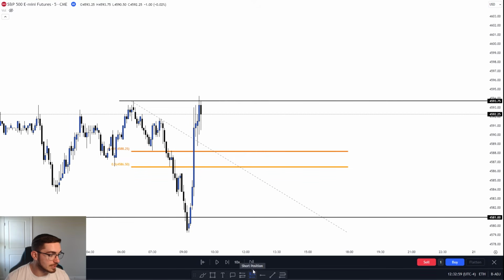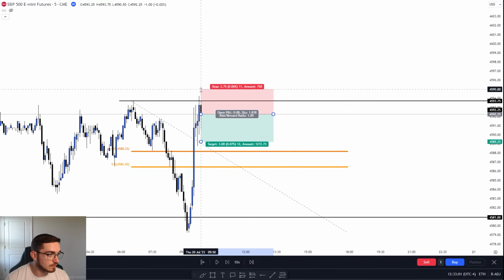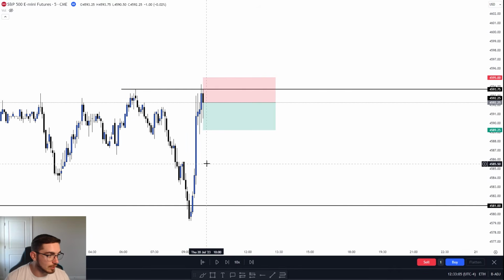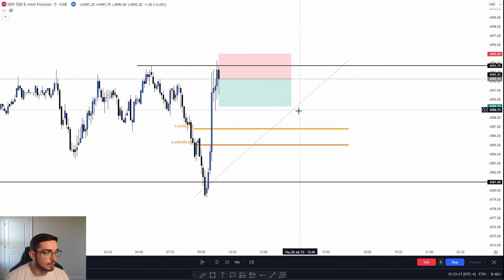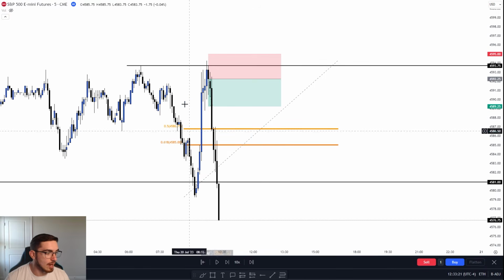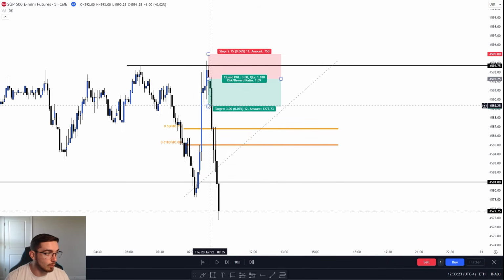So if we put on a short position right there, stop loss is going to be right above those highs. Again, there's multiple different ways that you can find price targets. You could use the Fibonacci for price targets. You could aim for the session low over here. I actually forget what ends up happening. But as we see, price ends up dropping to the downside and dropping all the way down to those lows